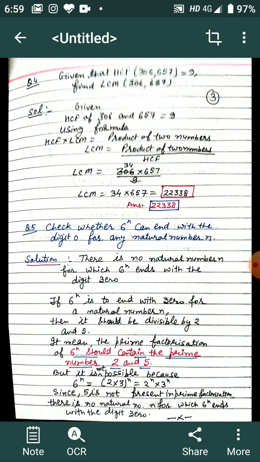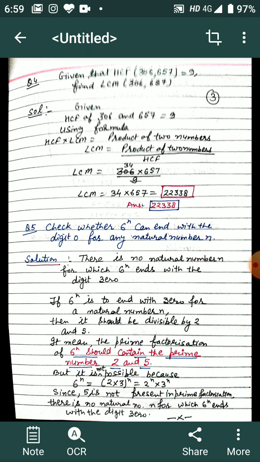If you see the exponents of 3 power n, 5 power n and 6 power n, 7 power n, means you will write 6 power n ten times, 6 into 6 into 6. You will not get 0 at the unit place. The question is whether you can get 0 at the unit place. No. If we multiply 6 many times, we cannot get 0.